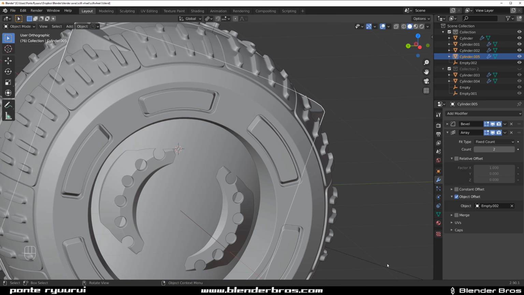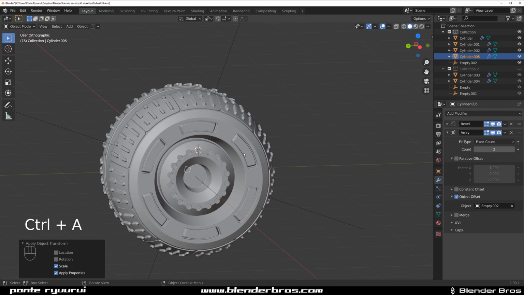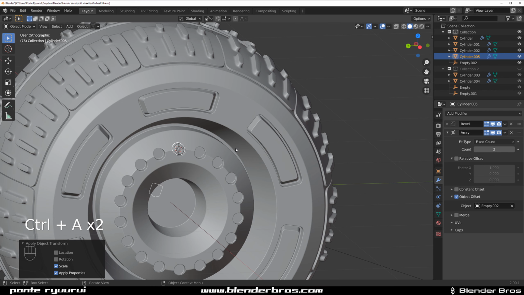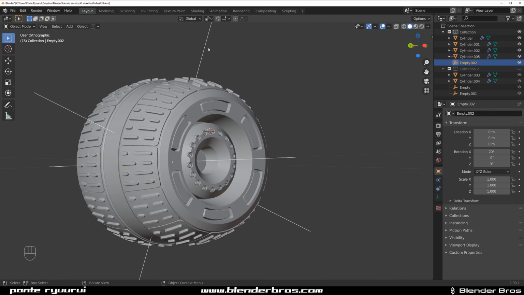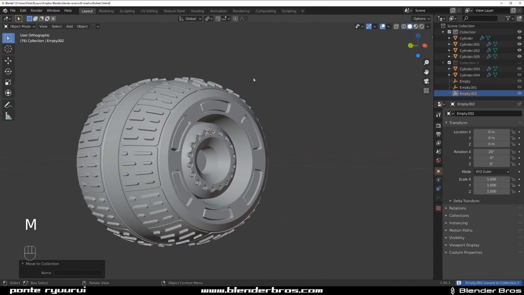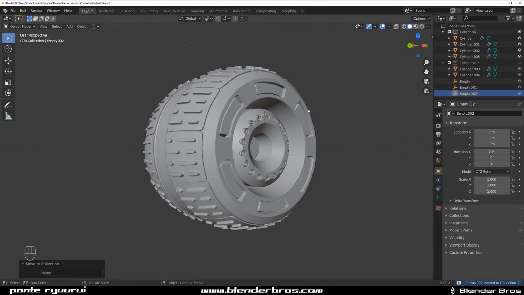Select this empty and apply the scale of this object and rotation and location, and simply adjust the number of objects, and you're done. Now let's bring this one to collection 2, and we got ourselves a sci-fi wheel, which